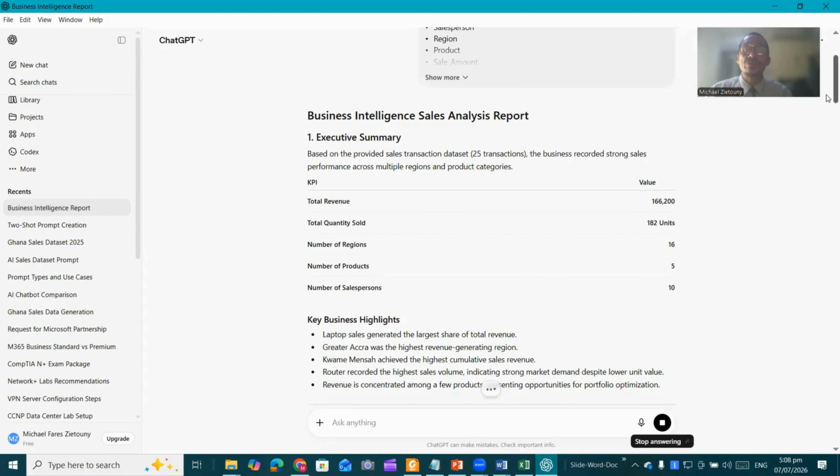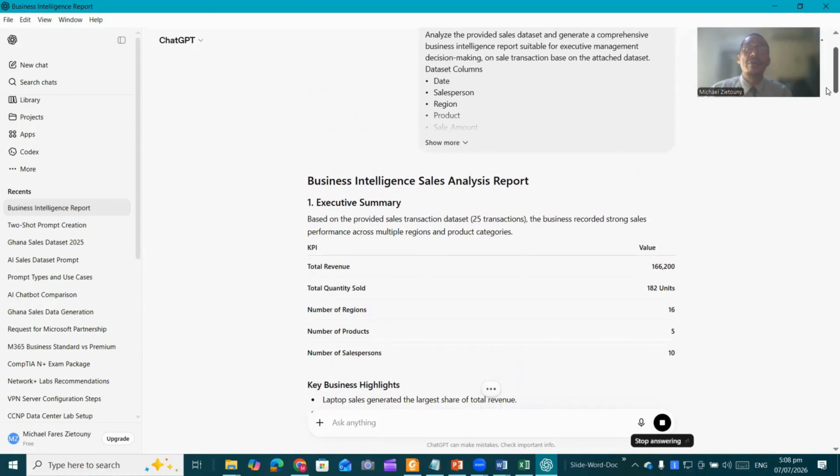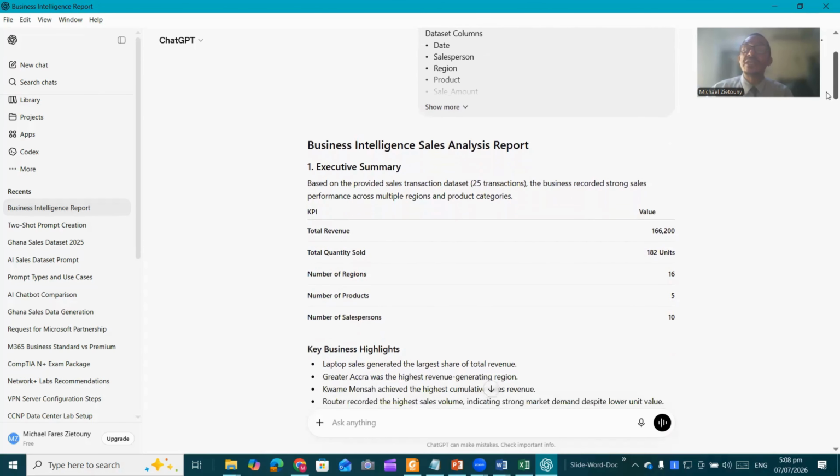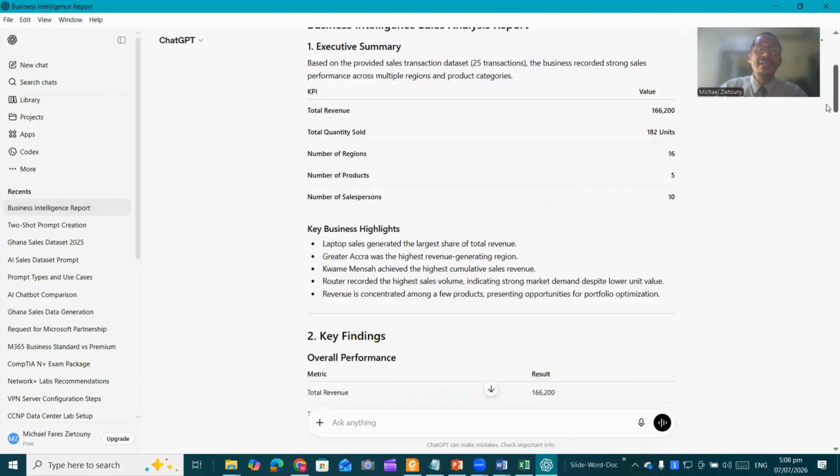Fantastic. So ChatGPT has given us our business intelligence sales analysis report. The report has given us the total revenue for the business based on the hypothetical data set I used. It also gave us the total quantity sold, the number of products, and the number of regions. I was able to infuse the 16 regions of Ghana into that data set. We also have the number of salespeople: we have 10 sales officers. And now let's see the key business